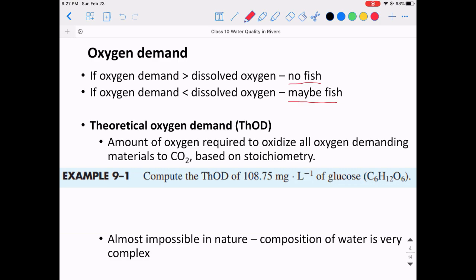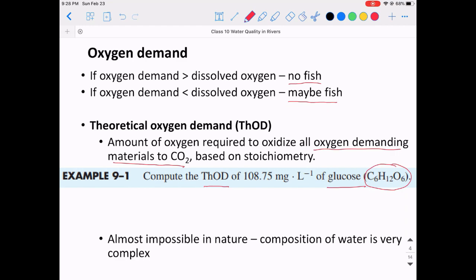Okay, so the first one we're going to learn about is called the theoretical oxygen demand. It is defined as the amount of oxygen required to oxidize all of these oxygen demanding materials to carbon dioxide based on the stoichiometry. A simple example is how we can calculate the theoretical oxygen demand of glucose, or of wastewater containing glucose. We know that the glucose, if we write out the chemical formula, is